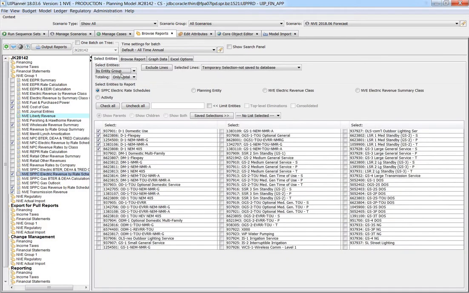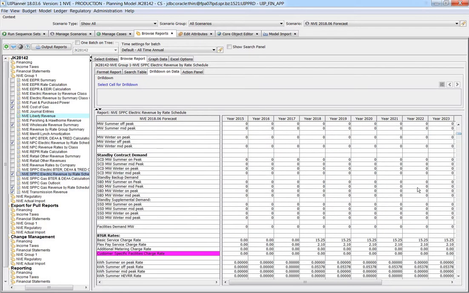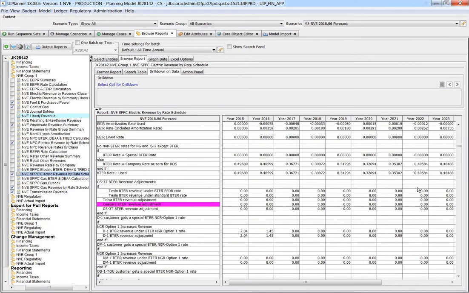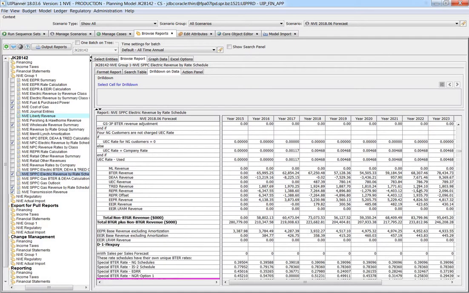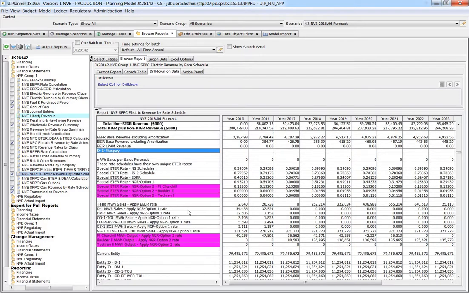Now, if I wanted to not do the only total and I said with total, what that means is it's going to show each report individually within the browse report, and then they'll show that same thing I just showed you for only total, but they're going to put that at the very bottom. So I'll click that. So you see how it says domestic or D1 domestic use. If I scroll down the report, keep going, you'll see the next one, D1 flex pay. And then if you keep going,